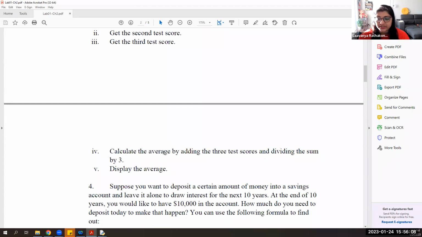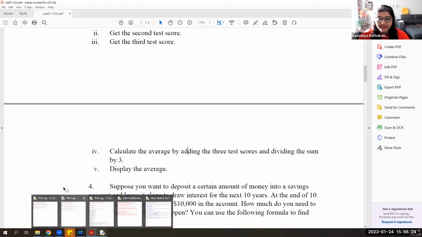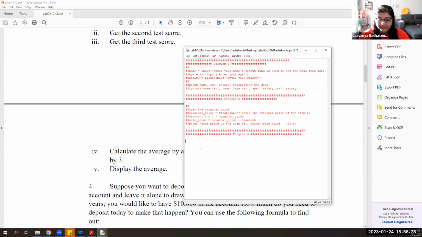So what is average? If we have like 10 items, we are adding all the 10 items and then dividing it by the total number of items, which are 10. So we have 3 items. So we are adding the 3 test scores and then dividing that with 3. And next, display the average. That is by using the print function. Okay. So let's start. For the program 3, we are starting with